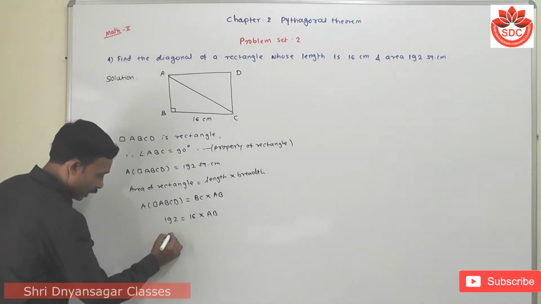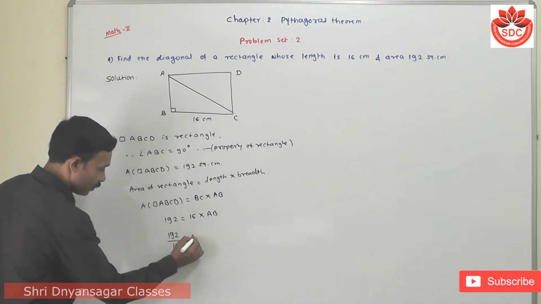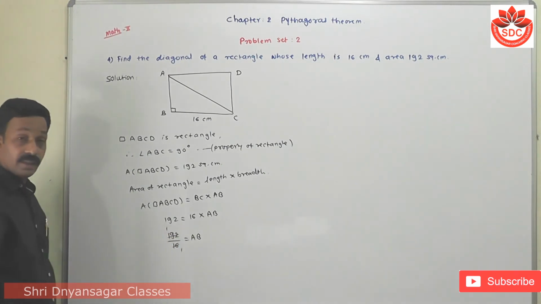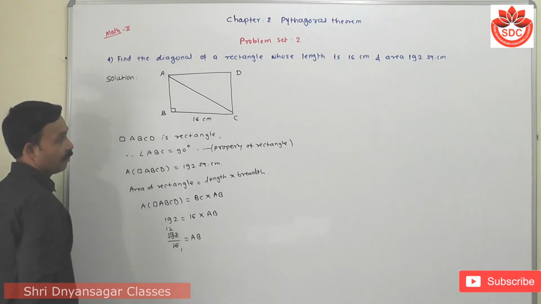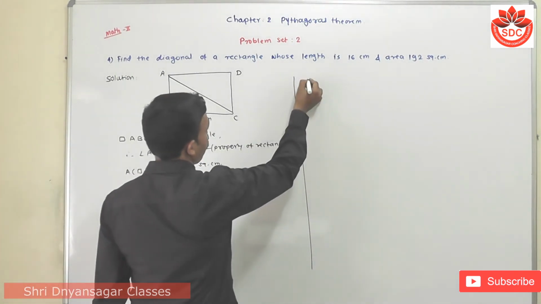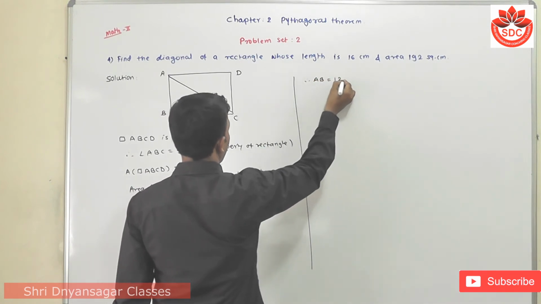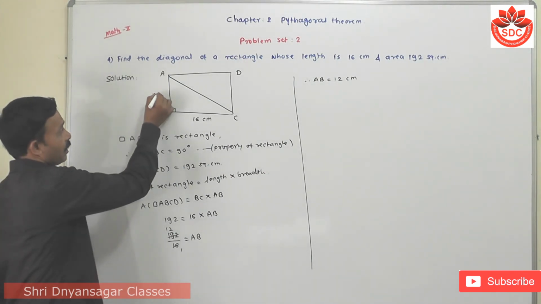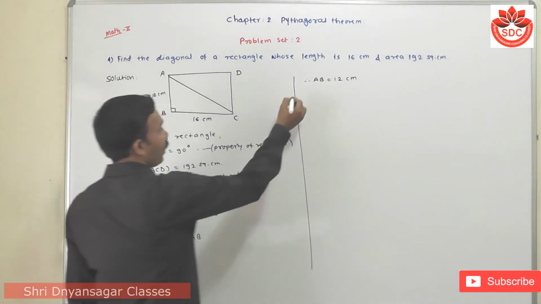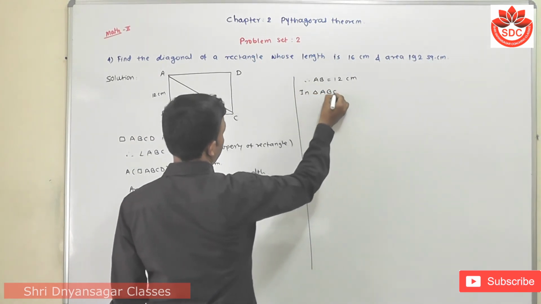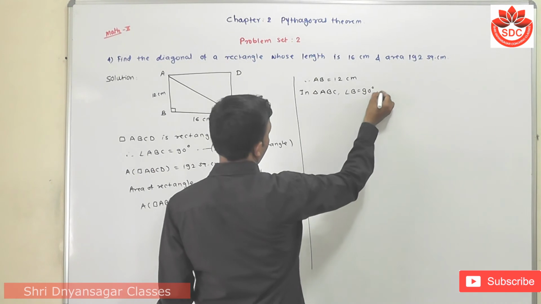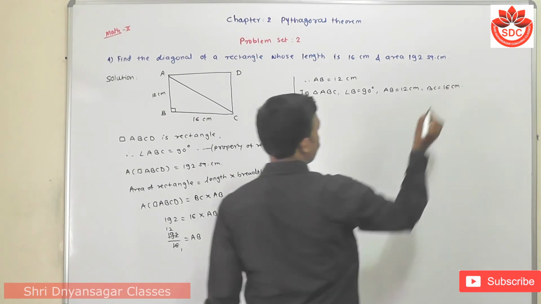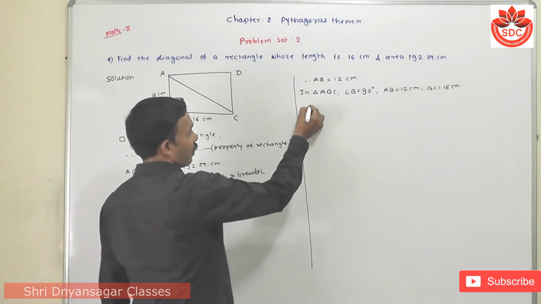Transpose this 16 to the other side, 192 upon 16 is equal to how much? AB. Simplify it. 16 1s are 16, plus 16 carries 3 becomes 32. 16 2s are 32, which means the value of AB is equal to how much? 12 centimeter. Means here AB is 12 centimeter. Then we take triangle ABC, angle B is equal to 90 degrees, AB is equal to 12 centimeter and BC is equal to how much? 16 centimeter. Then by using